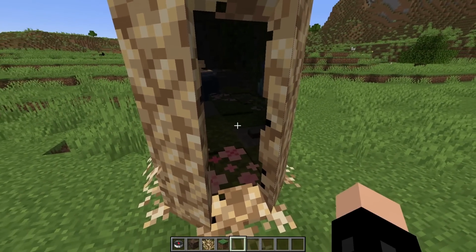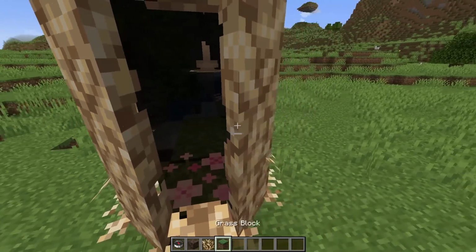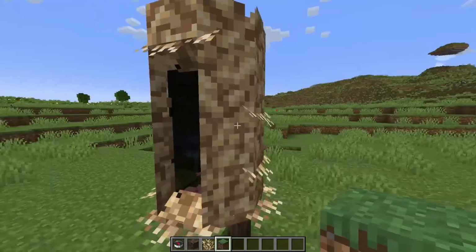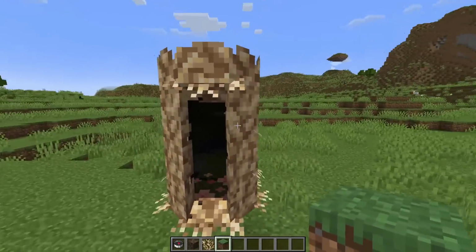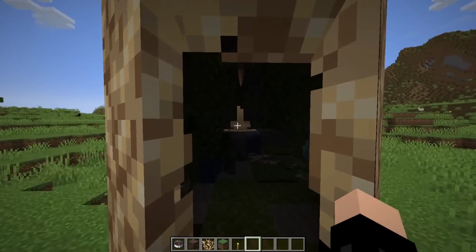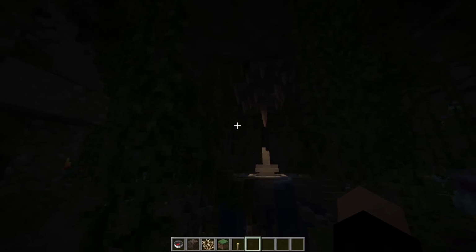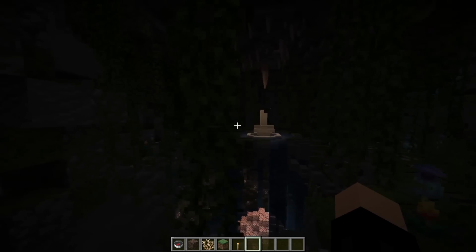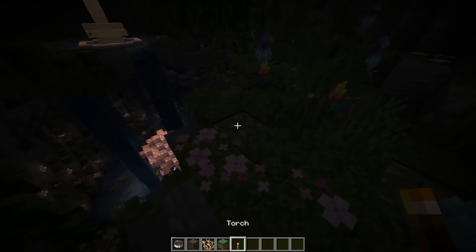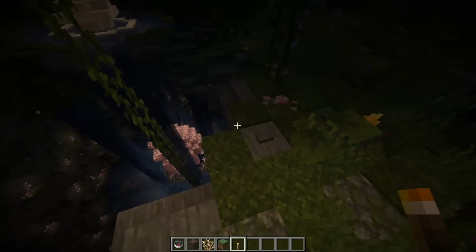So look, I can break this moss carpet, I can break this button, I can place a block inside the TARDIS while I'm still in the overworld, which is just amazing. So anyway, we'll head inside, and as you can see, we are in this rather beautiful cave interior. You may not be able to see too much of this because of YouTube compression, so I'll try and light